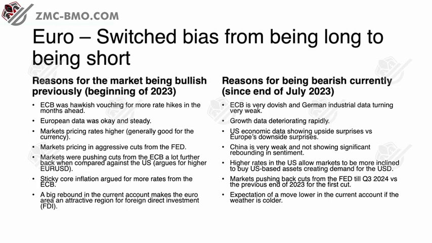But you can see that shift, right? Hawkish initially for the euro. Reasons we are bullish. Now we saw that massive change. We saw European data was okay and steady. It wasn't showing massive downside surprises. It was pretty okay. And now we start to see that growth deteriorating, showing downside surprises. Markets were pricing in rates higher versus the US. We saw that complete switch happen. They're then pricing in aggressive cuts from the Fed at this stage, the beginning of 23. Then we saw that switch happen where they pushed back cuts all the way to the end of 2024.